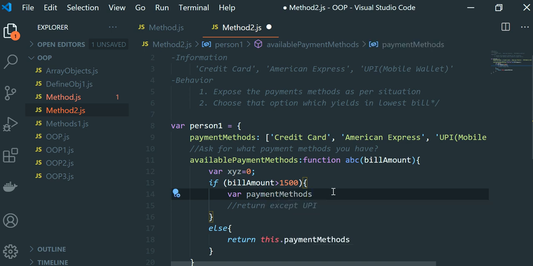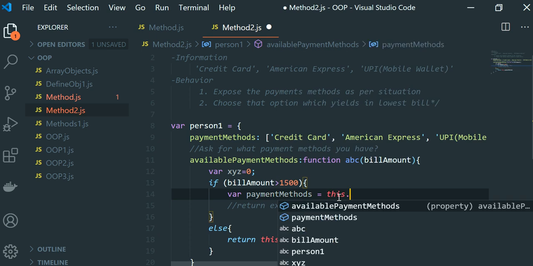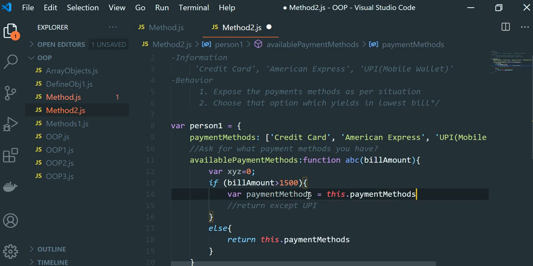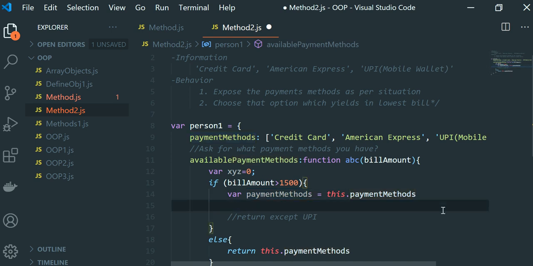We'll say payment methods. Now, this is different from this because I'm using var. So, var is like a local variable. And I will say this is equal to, I'll copy this, this dot payment methods. So basically what I'm doing is copying the properties into a local variable. Why? Because I'm going to delete the last value. So I will say delete and payment methods